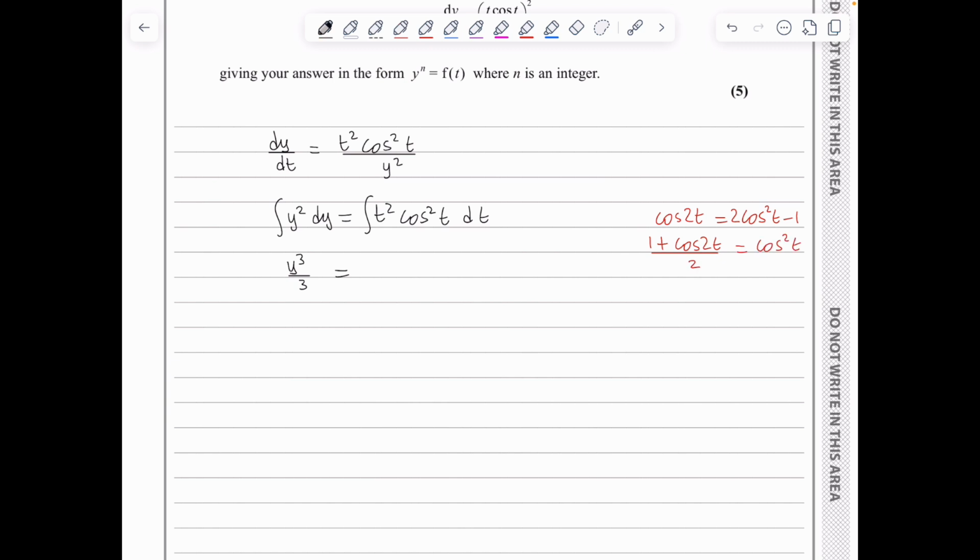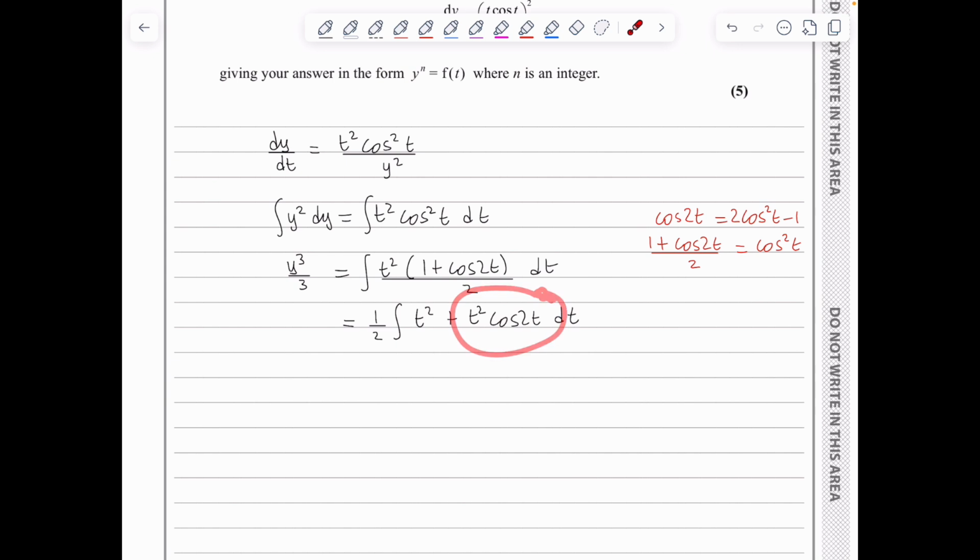So on the right hand side we're dealing with the integral of t squared times (1 plus cos of 2t), and all of it divided by 2, dt. So this can be further written as a half. So I take the half out: t squared plus t squared cos of 2t dt. And at this point we should be able to recognize the t squared cos 2t to be the integral